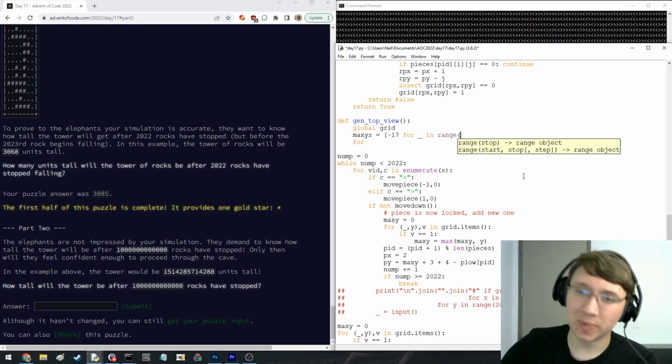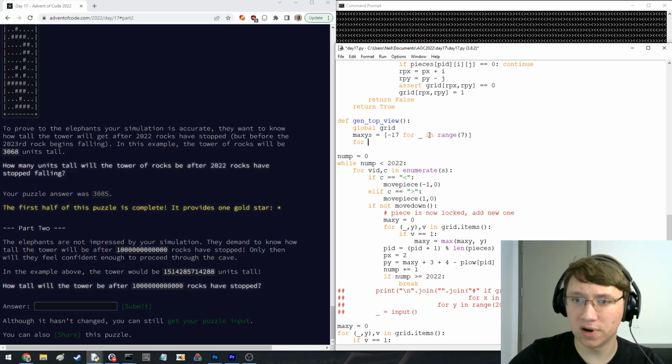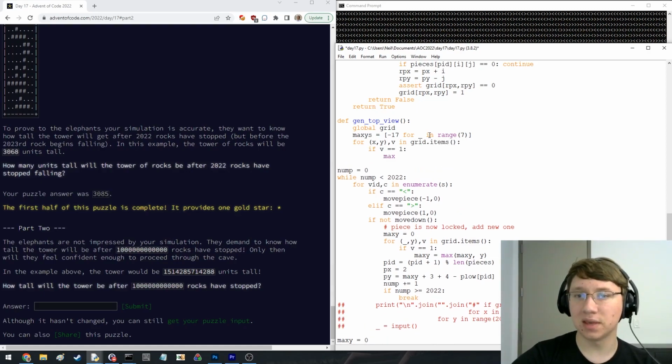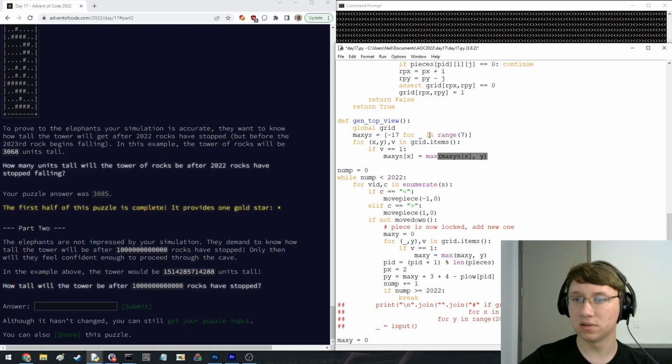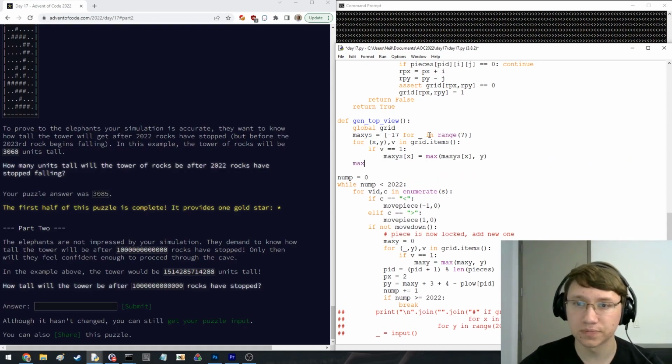I guess the -1 would have been possible. That's fine. 7 and then 4 x, y, v, and grade the items. If we see something, the max y's of x, max of the max y's of x, and the actual y we see. Okay, and then what we can do is we can do